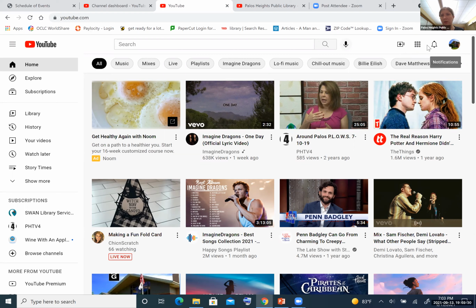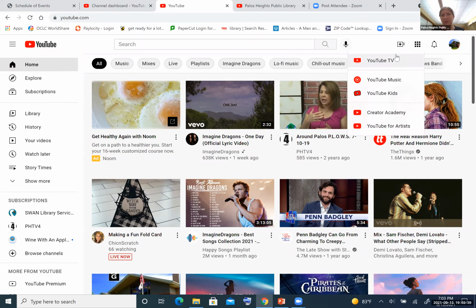So if any other of your channels have uploaded videos, and some of the YouTube apps, YouTube TV, YouTube Music, YouTube Kids. These are a lot of paid apps, especially YouTube TV. You have to pay for YouTube TV.